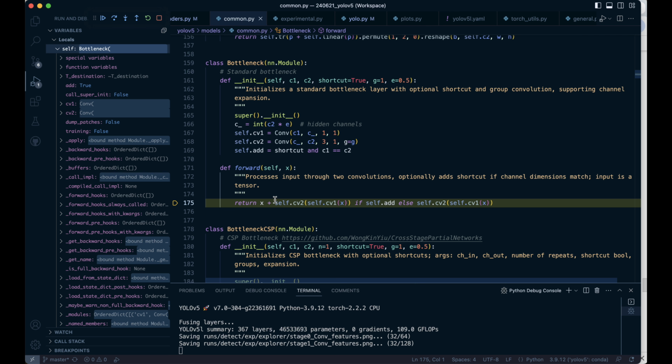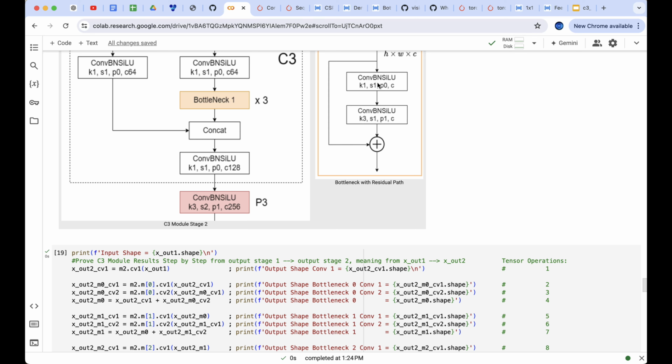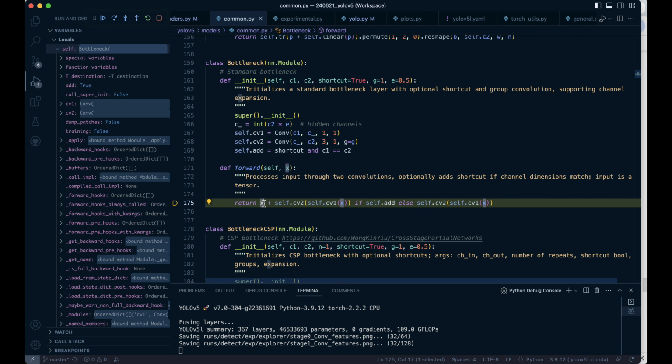What that is going to do is we'll perform this operation right here. We'll feed the input through the first convolution, and then that will be fed to the second convolution, and then we will add this skip connection residual path. So the X is the input, and that will be added to the result of the bottleneck, since we have add to true. Otherwise, we wouldn't have the skip connection. So when we run that, we perform this operation,